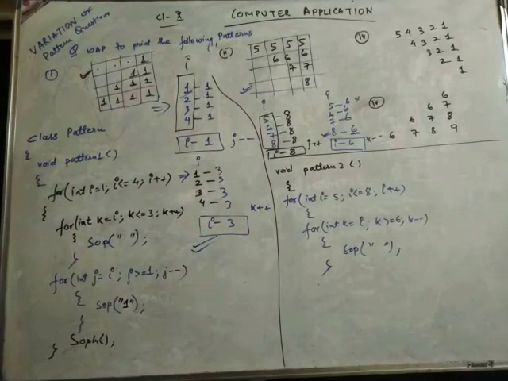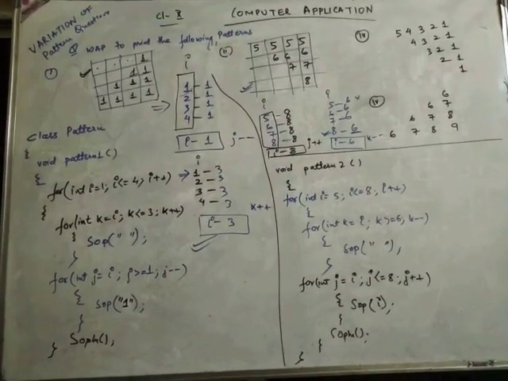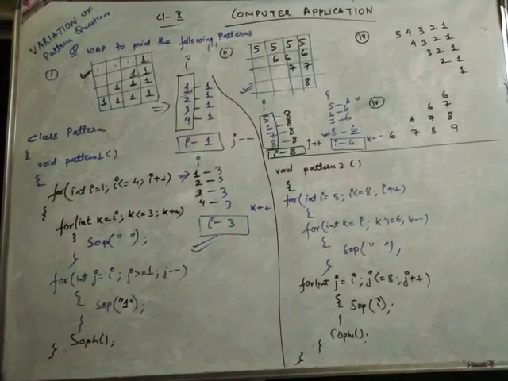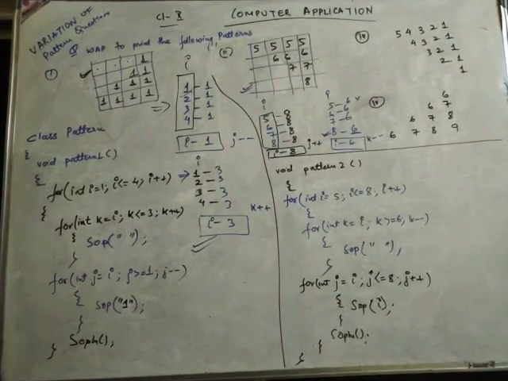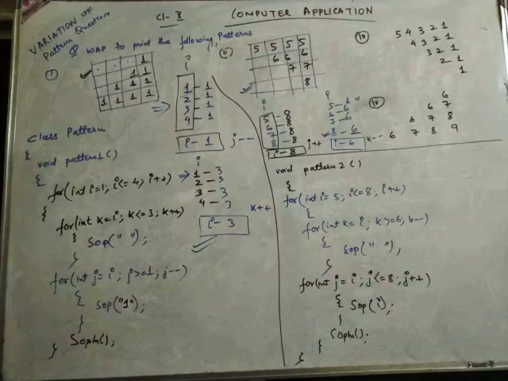After the space loop we'll make the J loop. Clear all of you? So J equals I, J less than equals 8, J plus plus, and SOP I. We have written this J from the first table which we had made, I to 8, J plus plus. So SOP I, then SOP ln after that. This is how you complete void pattern 2.